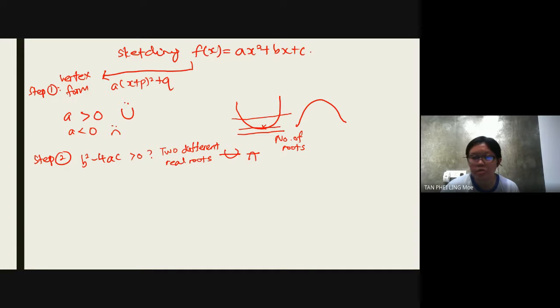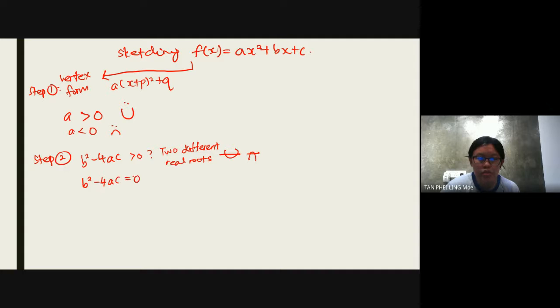Then the second case is either you get equals to 0, which means 2 equal roots, which will be like this. And then you have b squared minus 4ac less than 0, which means no real roots. Is that all right? This is something you can expect, because when you want to sketch a graph, you know there is a U-shaped and an n-shaped curve, but you don't know how many roots, so also cannot. That's why your step 2 is to find out the roots. Then now step 3,